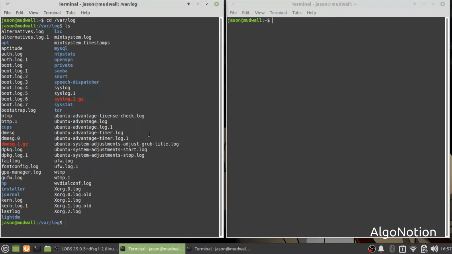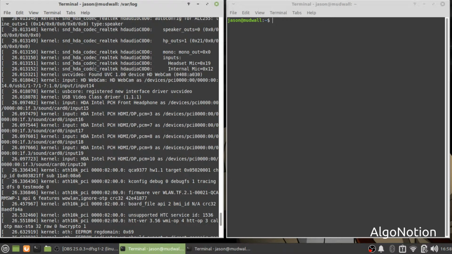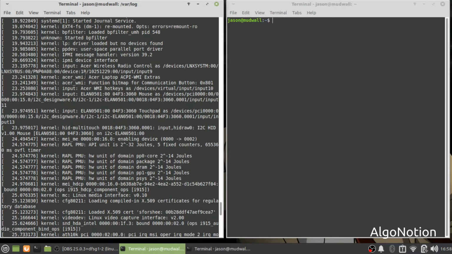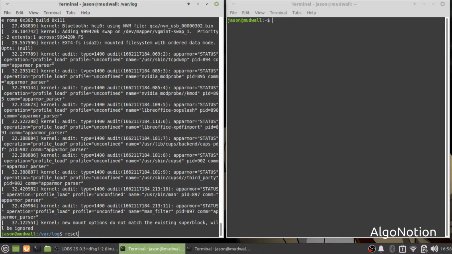Now if you want to view a log file, all you have to do is do something like cat, and let's say I want to view my dmesg logs. Where are those? Okay, yeah, dmesg. I just do cat dmesg, and it's going to show all the log file, everything you need from that file. So I'm just gonna reset,